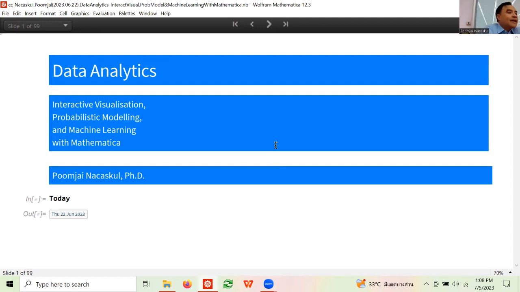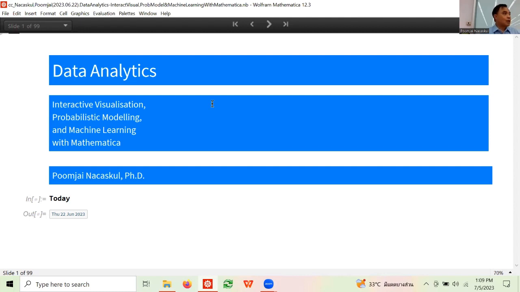What I've got here is actually a textbook. I'm writing a textbook for Basai in data analytics, but I'm going to use excerpts from it that introduce the basic mechanics of Mathematica and how we can use it to reorient yourself back to the baseline mathematics, the things that we are going to need for the rest of the program. Okay, so good.